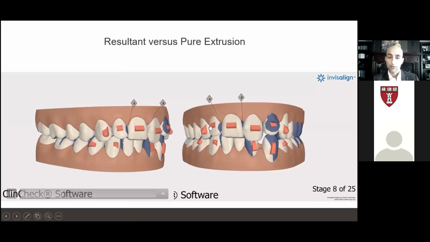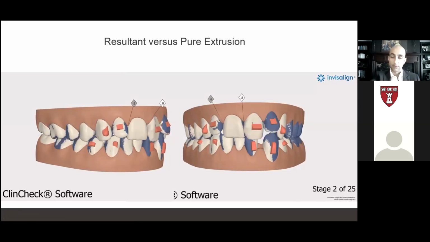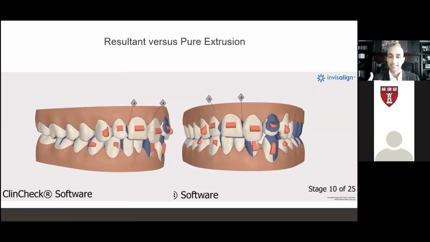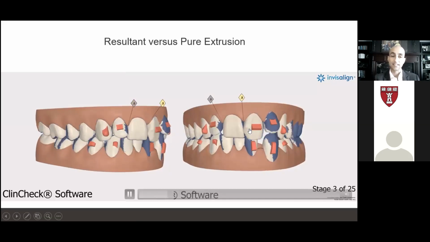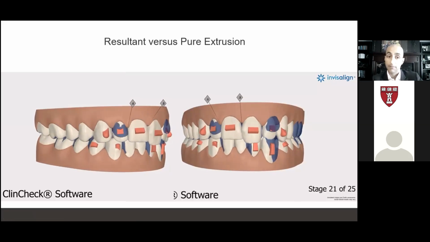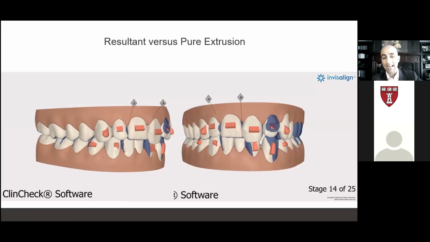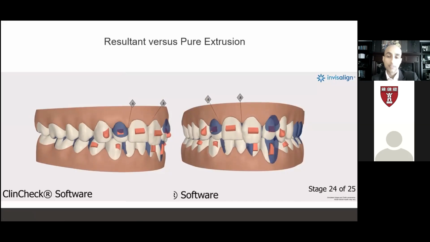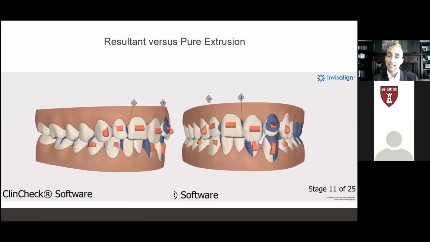So the laterals for this patient are moving lingually for the duration of treatment for the most part, meaning that they're naturally feeling a tendency to extrude anyways. The upper left one in this instance is going labially, so it's actually feeling for intrusion, but that's the position needed to go for aligning. So that's more considered a pure or absolute type of extrusion, and generally speaking, that has a less predictable type of path. Having said that, if you have a compliant patient,